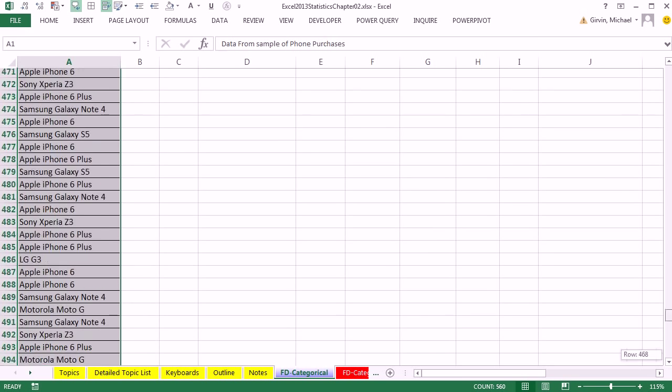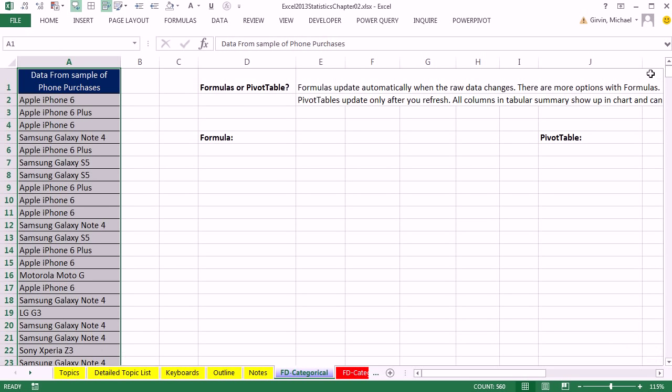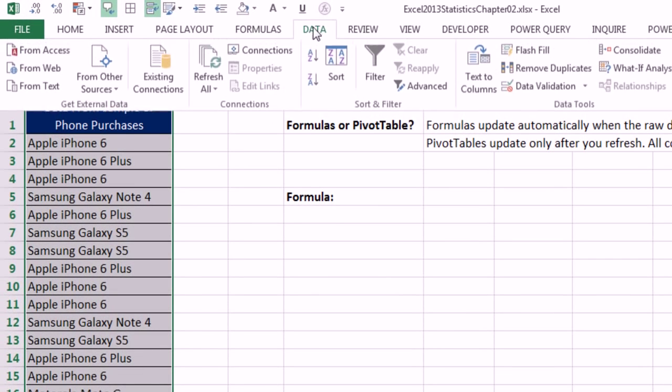One thing that's very important about extracting a unique list: you better have a field name at the top. We've emphasized this heavily in the class so far, but if you use advanced filter and you don't have a field name, you'll get an incorrect list. You'll get exactly 2 of the first item because it will consider the first item a field name. No problem. We have a field name. Data, Advanced Filter.